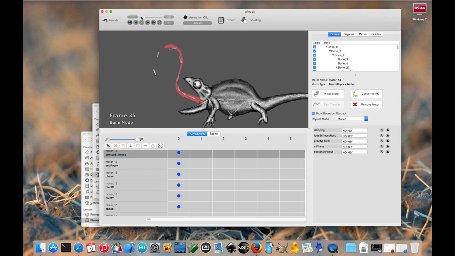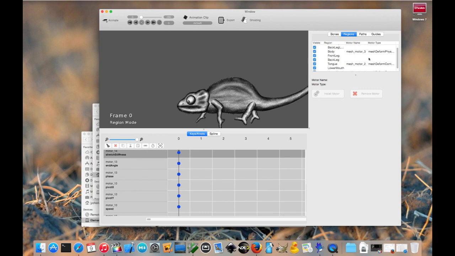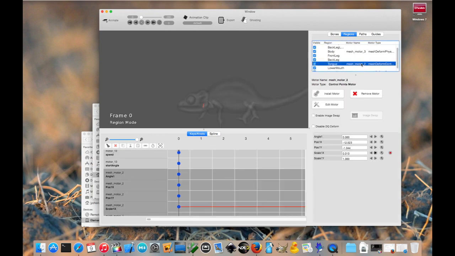So how do we actually accomplish that? Well, that's a trick. Well, not really. It's actually a power of creature. That's done using a mesh deformation motor. So if you go to regions, and if we select the tongue, you notice it says control point motor. So if you click on edit motor,